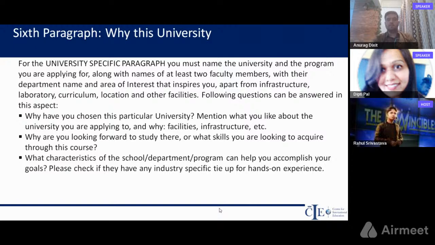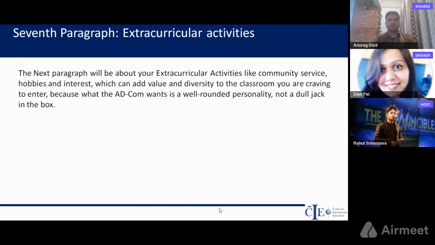Now, if we come to extracurricular activities, which is also an important aspect, you have to talk about whether you have been active in extracurricular activities. Everybody is active. They all have another side where, when they are not doing their technical work, their job, or their studies, they are doing something else. So you have to highlight that aspect of your personality as well. The extracurricular activities can be community service, any particular hobbies that you have pursued or interests, anything that you feel can add value.